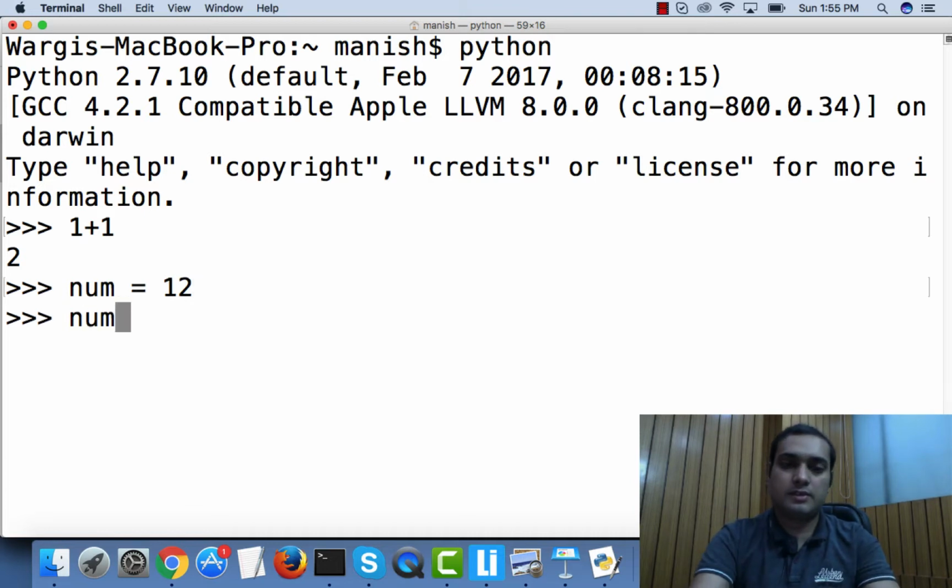Let's hit num. Now whatever I'm doing here is not being saved anywhere, so as soon as it's executed, it's being deleted. If tomorrow I shut down this computer, or close this terminal, and come back, I'll not be able to see this information. So this is what the interactive mode is. The other type of mode is